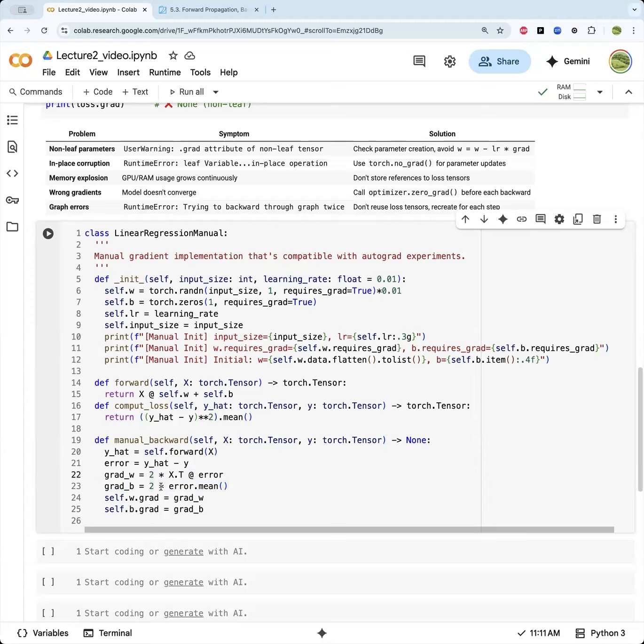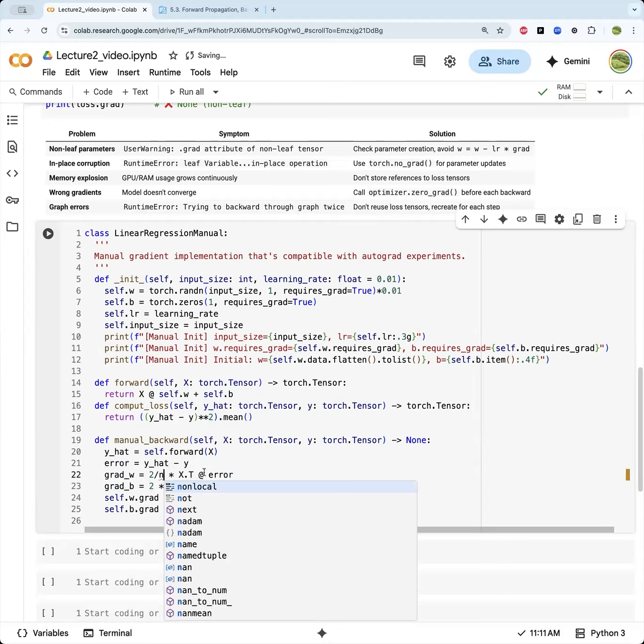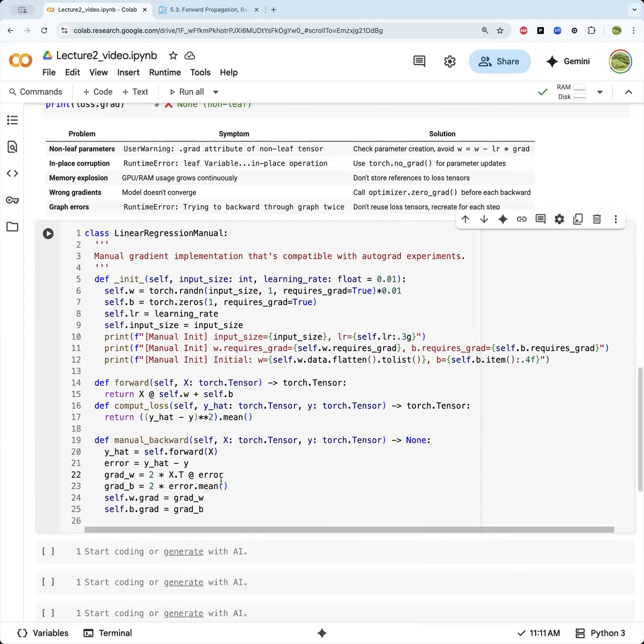We had a 2 over n here, if you remember, but let's put it here. But we have to keep a value of n if we want to do it, and it's not really necessary. So let's just avoid it to make our life easier. So now you see that we have